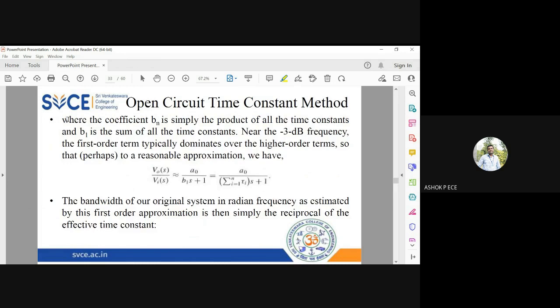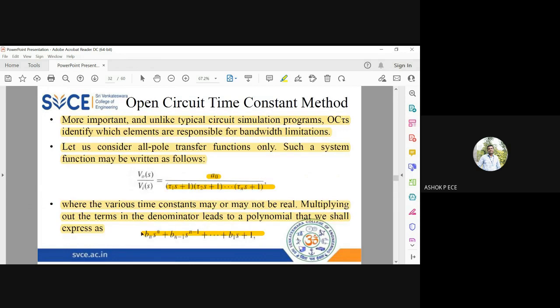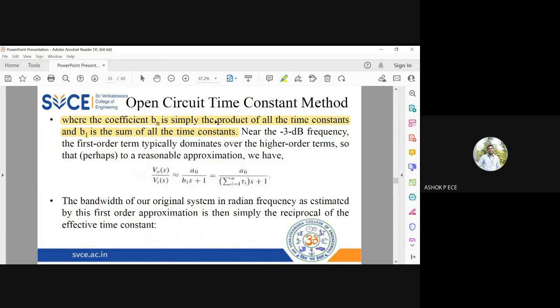And you know, Bn is simply the product of all time constants, the first coefficient Bn is going to be the product of all time constants. And the next one, B1, is going to be the sum of all time constants. So, see, when you have a frequency response graph,